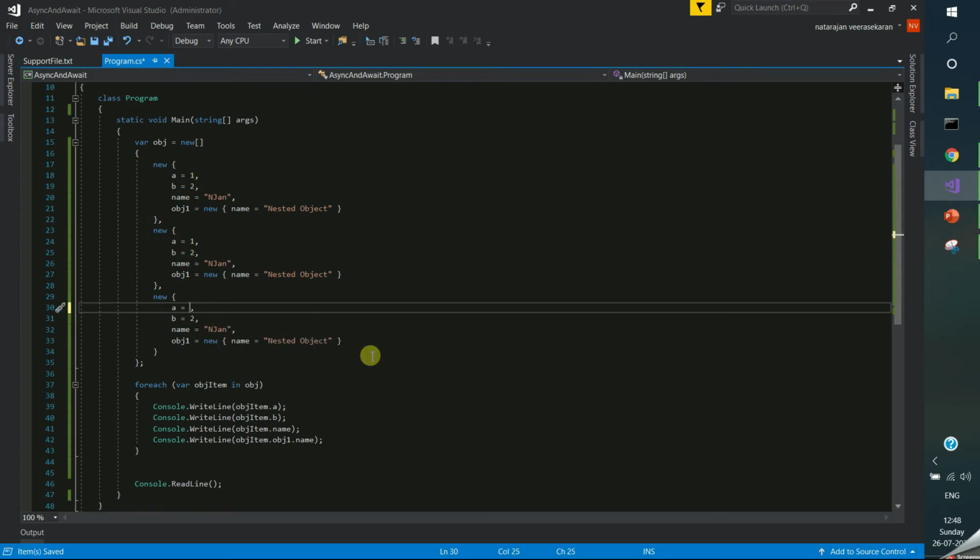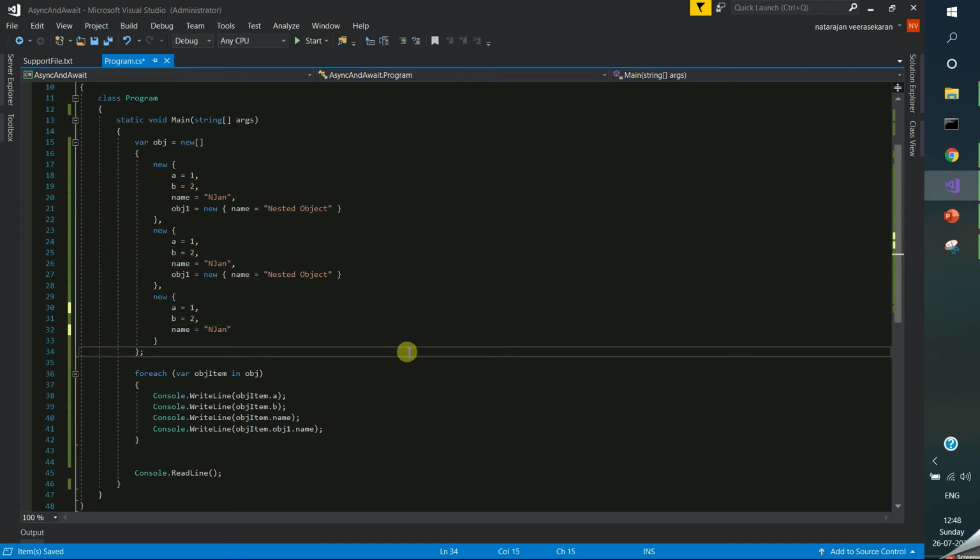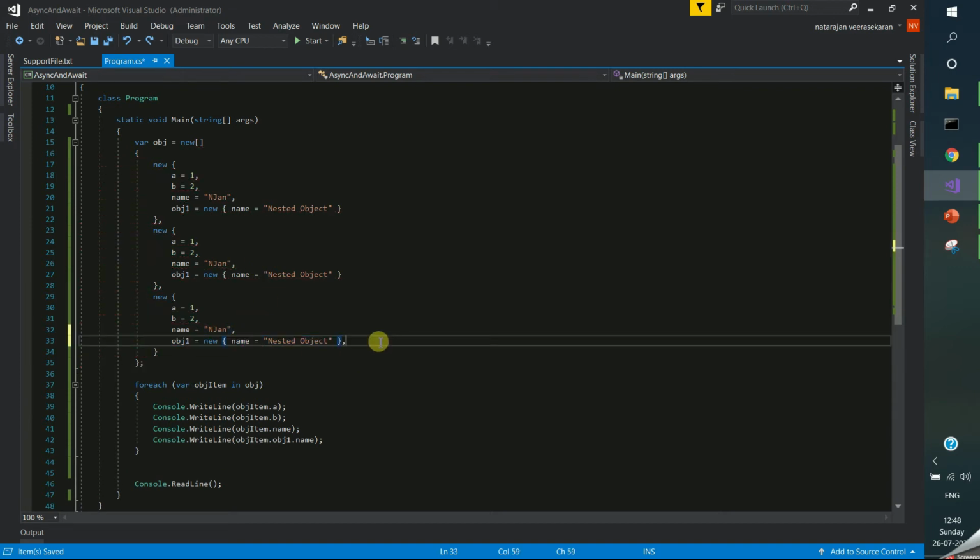For example, let me change this to string. I will get an error. It won't allow changing the value type of a particular variable. Even if I try to ignore one property, it is again throwing an error.